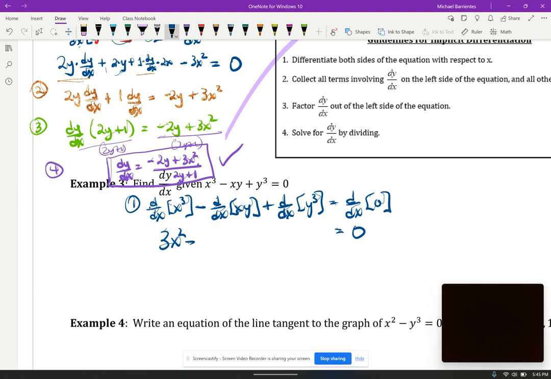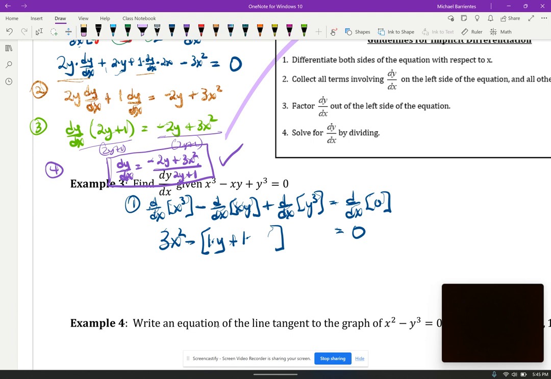Minus. When I look at this middle term, it has x's and y's. So technically, there are two different functions. And because there are two different functions, I'm going to need to do the product rule. The product rule says take the derivative of the first, take the derivative of x, which is 1, times the second, which is y, plus take the derivative of the second, which is 1 times dy dx,